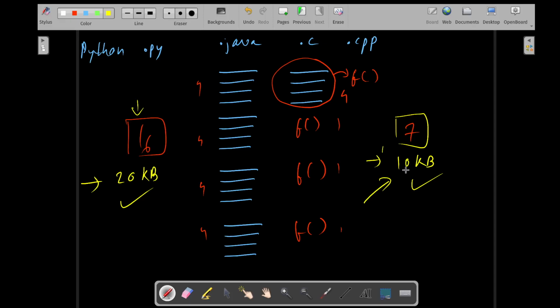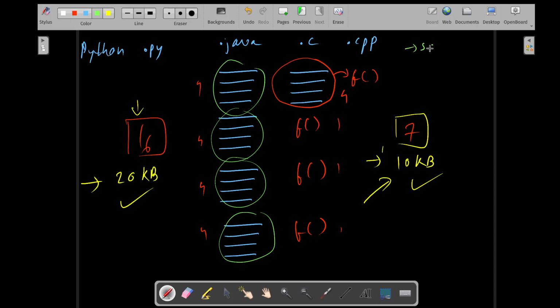Another thing is that, do you see that this is a waste of effort? This is a waste of effort of a developer. This wastes a lot of time. Do you understand? Writing all this code manually is a waste of time. So it saves time. So first things first, it saves storage, it saves time, and another thing,